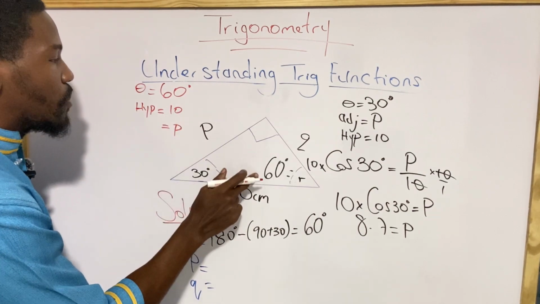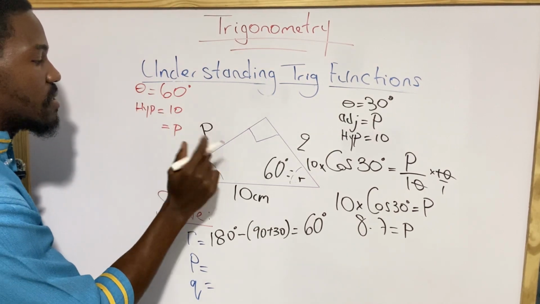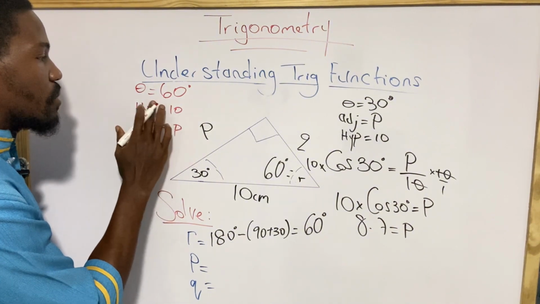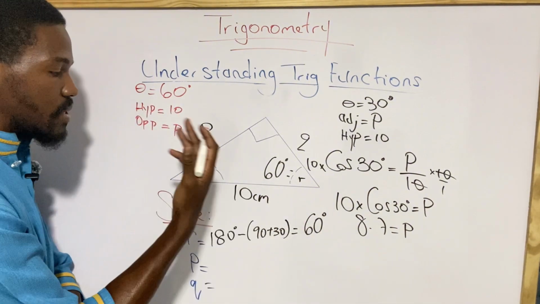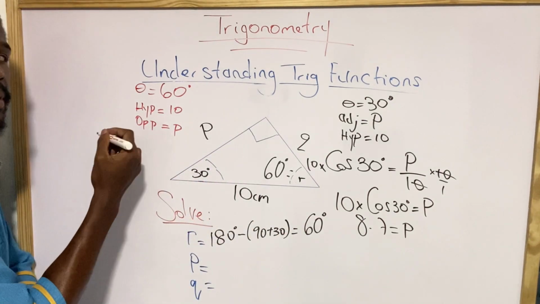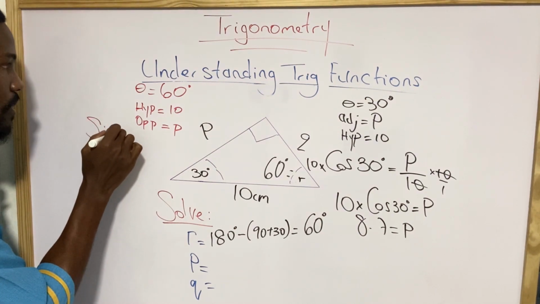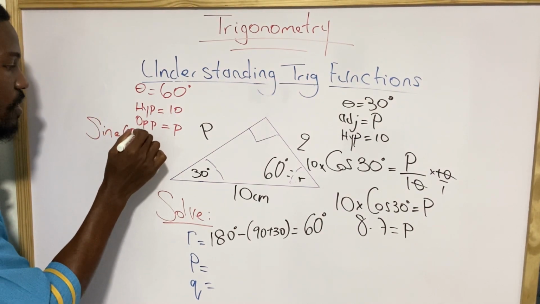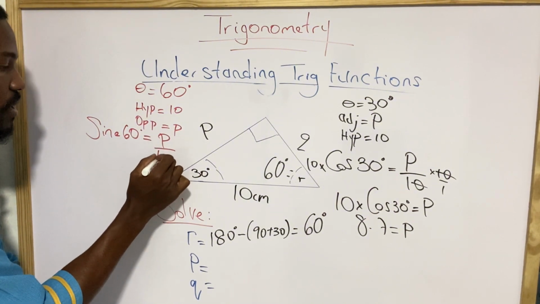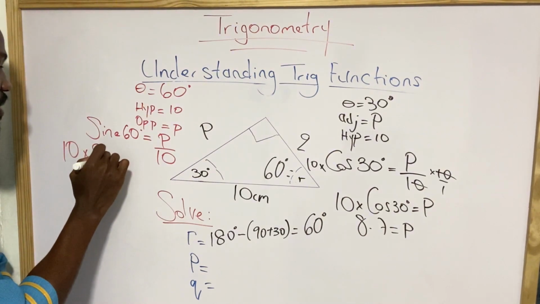And P is opposite to theta being 60 degrees. So we have the opposite, we have the hypotenuse, and we also have theta being 60 degrees. So that calls for our sine. Now I'm going to do my sine. So we have sine of 60 degrees is equal to P, the opposite, over 10. Then we say that 10 times the sine of 60